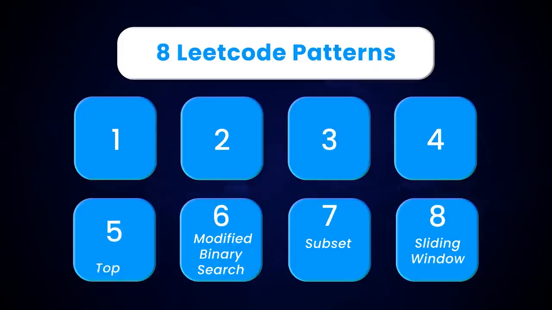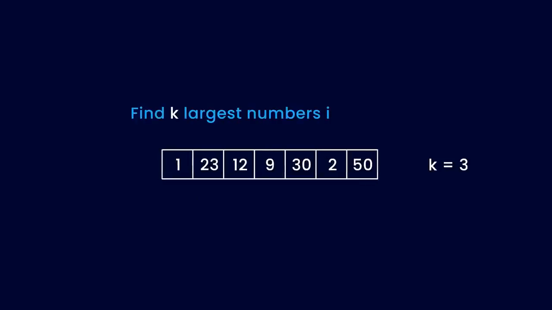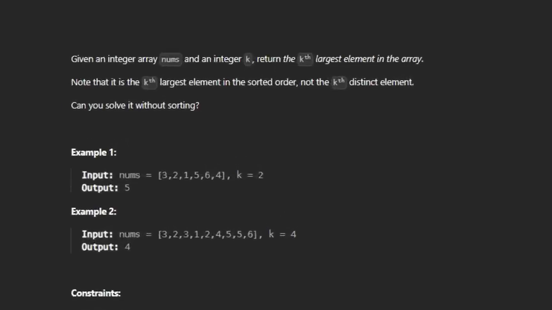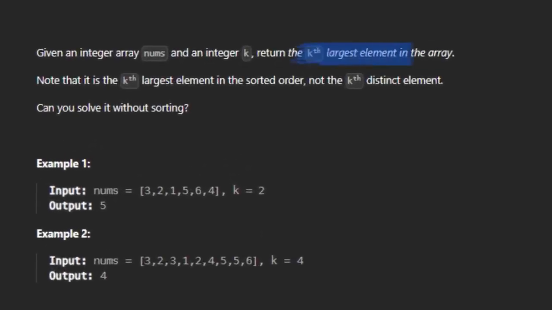Moving on, the next pattern we have is top k elements pattern. The top k elements pattern is used to select k elements from a larger dataset given a particular condition. Think about this pattern whenever the problem asks you to find top ranking elements from a dataset. The input would usually be a linear data structure like an array or a list. For example, given an array of numbers, you need to find the kth largest number efficiently.